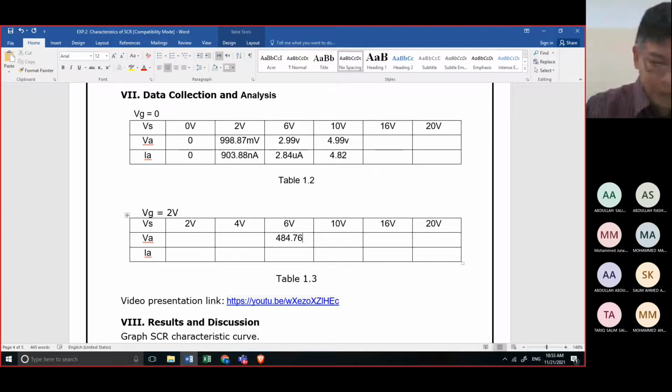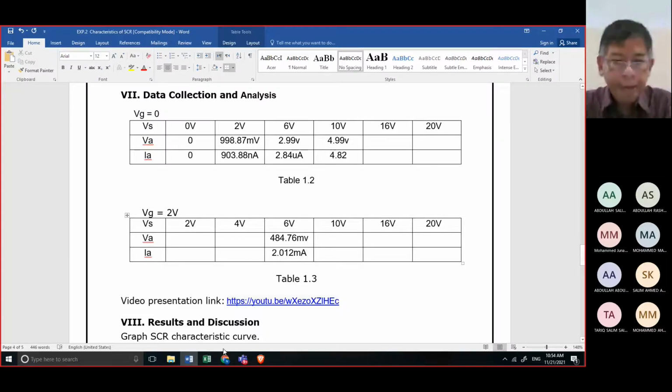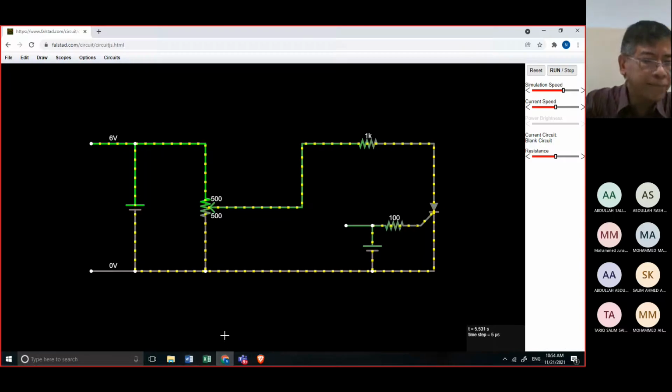Okay, what is the unit? It is in millivolt. What is the current at 6? We have 2.012. What is the unit? Milliampere.